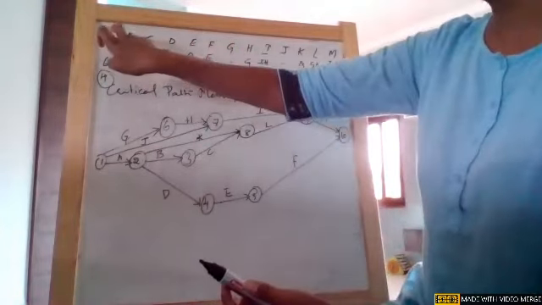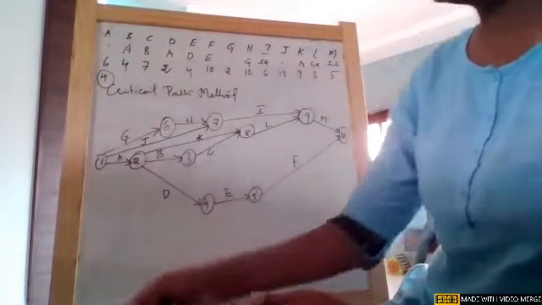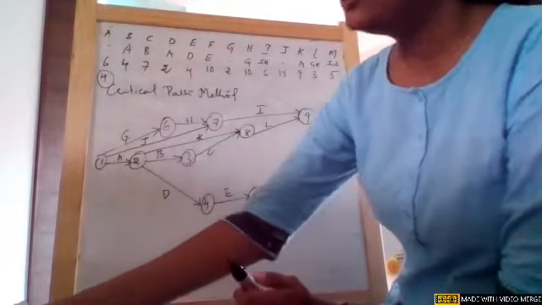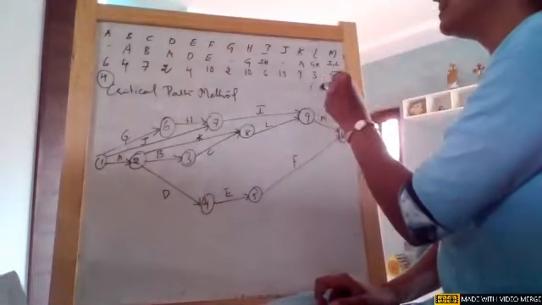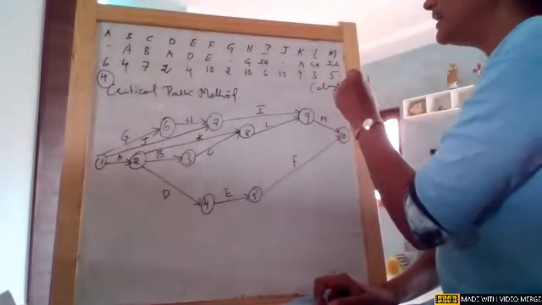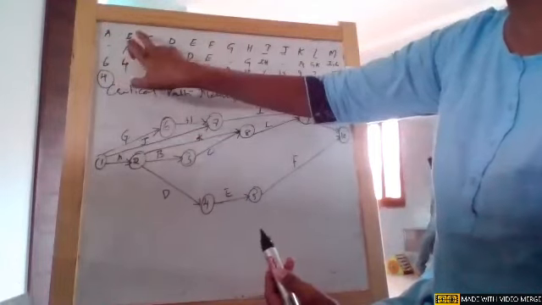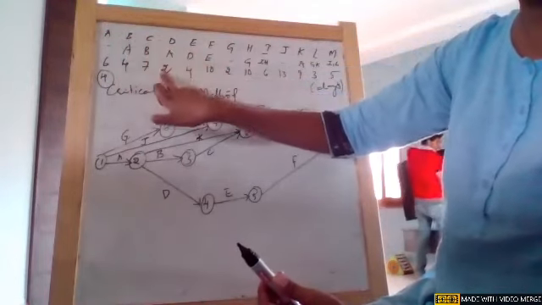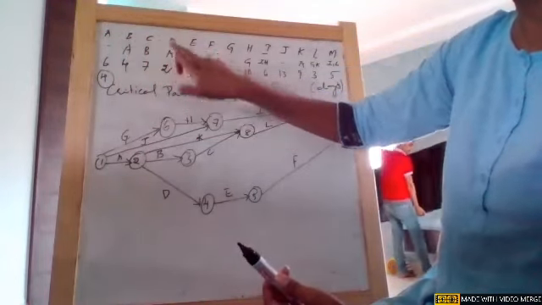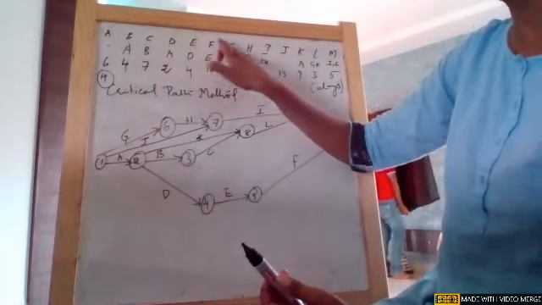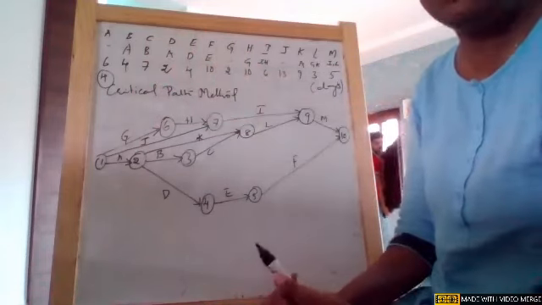Now, what are these numbers? These numbers are durations. If you go back to the question, those durations are in days. Simple. Wherever there is an activity, activity A is taking 6 days, activity B is taking 4 days, activity C is taking 7 days. Activity D is taking 2 days, E 4 days, F 10 days. Like that we need to understand.